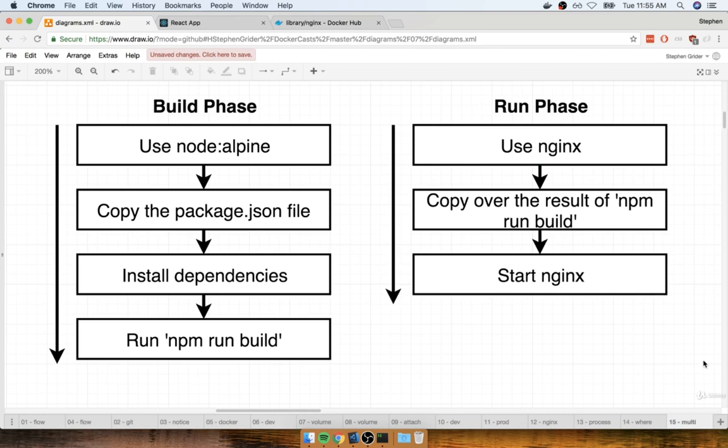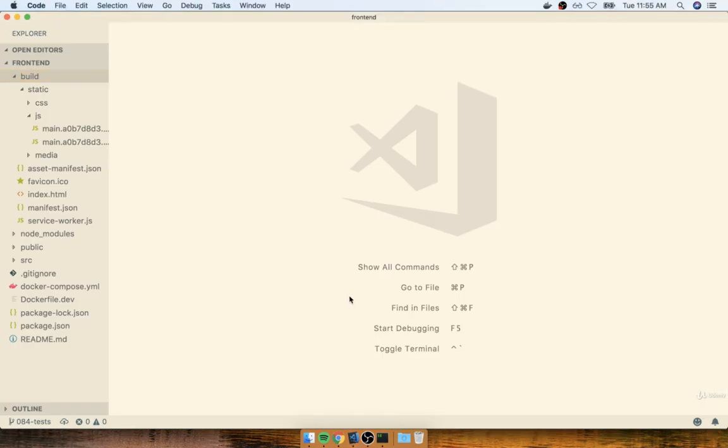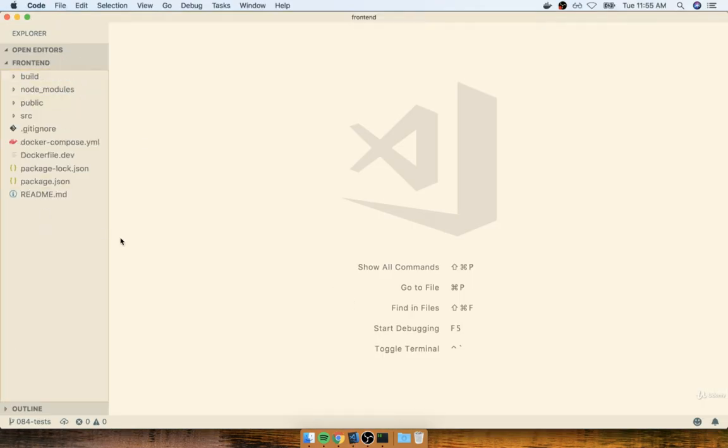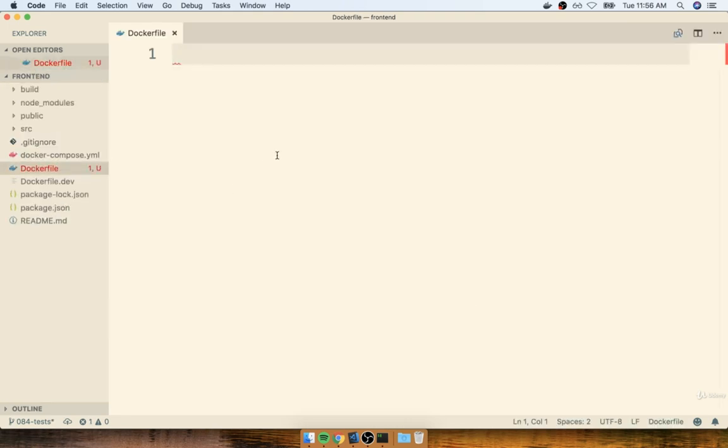So let's start putting together our Dockerfile to put this into action. I'm going to begin by opening up my code editor. And then inside of my root project directory, I'm going to make a new file called Dockerfile. So inside of here, we're going to have two distinctly different sections. We're going to first write out the section that's going to install all of our dependencies and run the npm